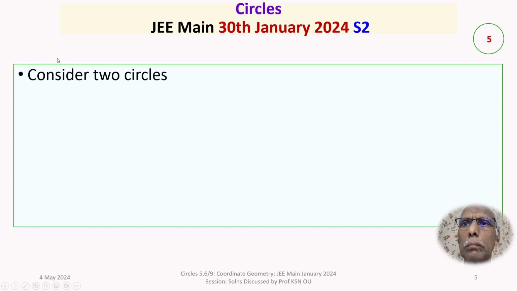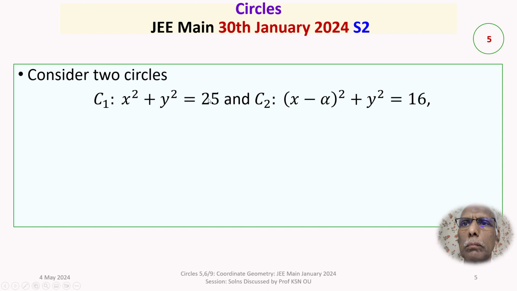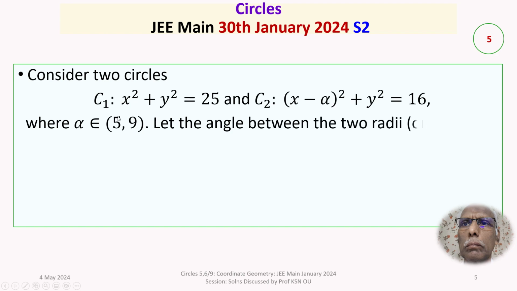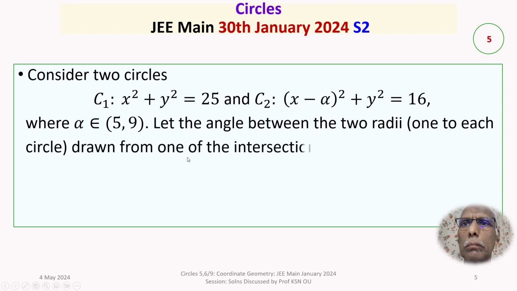The given question is: consider 2 circles. The first circle C1 is given by x square plus y square is equal to 25, and the second circle C2 is given by x minus alpha whole square plus y square is equal to 16, where alpha belongs to the open interval 5, 9. Let the angle between the 2 radii, one to each circle, drawn from one of the intersection points of C1 and C2 be